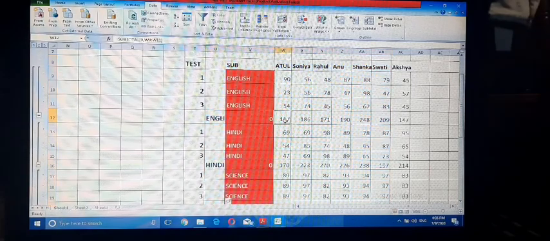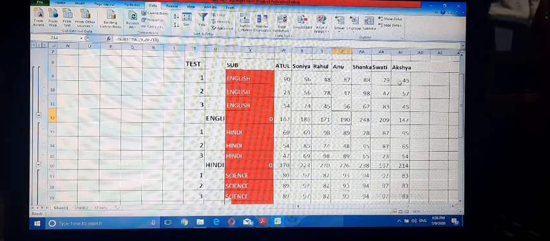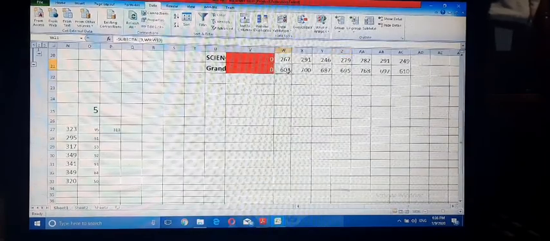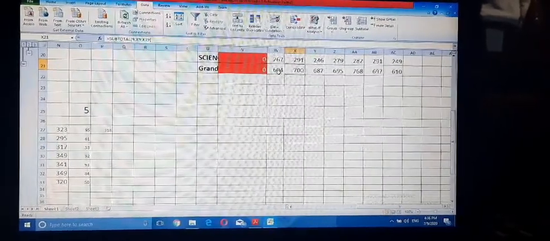This is the English subtotal of all the students. This is the Hindi subtotal of all the students. This is the grand total of 3 tests of 3 subjects of all the students.